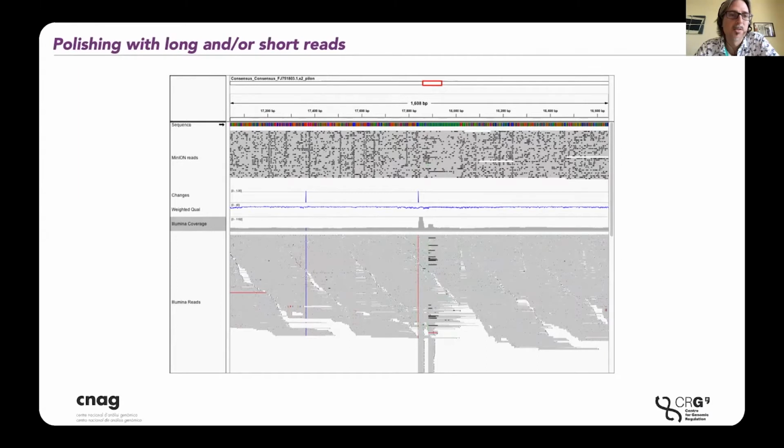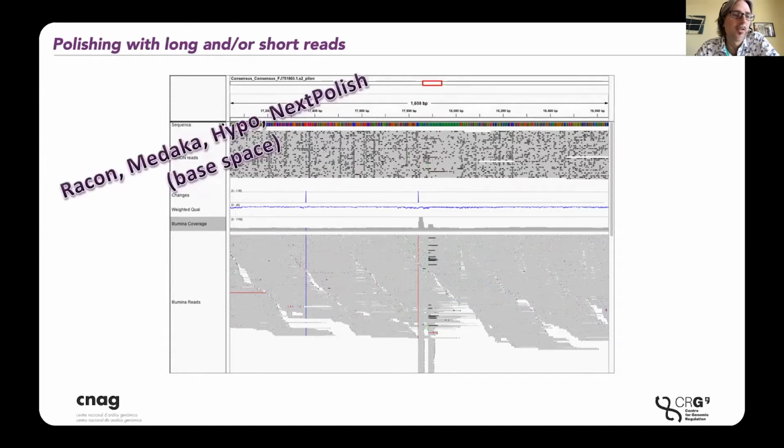So after we have contigs, we like to polish them. There are some remaining errors. This is kind of an old slide, so it looks like there's more errors than we get now. So we can do this using the long reads themselves, using just the FASTQs in base space. And commonly we use Racon or Medaka, a combination of those. And there are some other polishers now which work with both long reads and short reads, like Hypo or NextPolish. In the past, we used Nanopolish, which used the raw signal. We've moved away from this because it's more complicated to use,